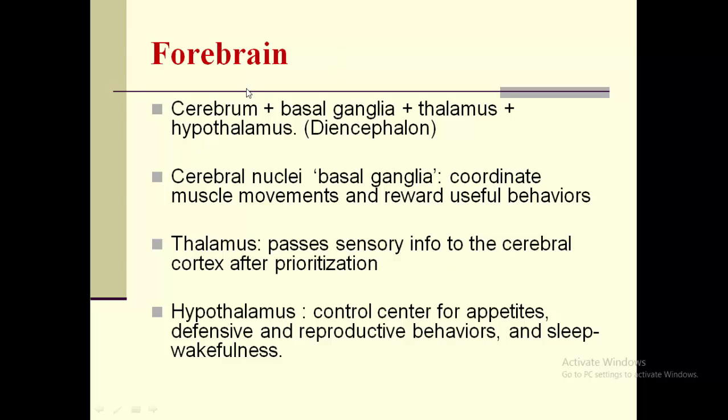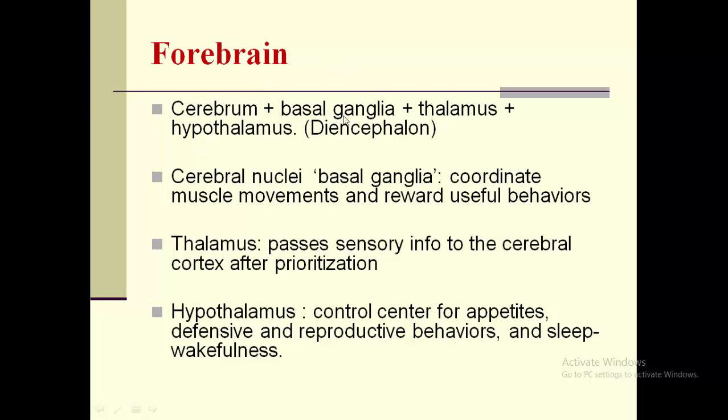الفوربرين ده اللي حاليا is seen in the adult contemporary الإنسان المعاصر a human being as the cerebrum اللي احنا قلنا عليه أكبر أجزاء المخ على الإطلاق plus what you call the basal ganglia plus the thalamus and hypothalamus. مجموع كل هذه ال parts constitutes together the forebrain. But we will complicate matters a bit more.